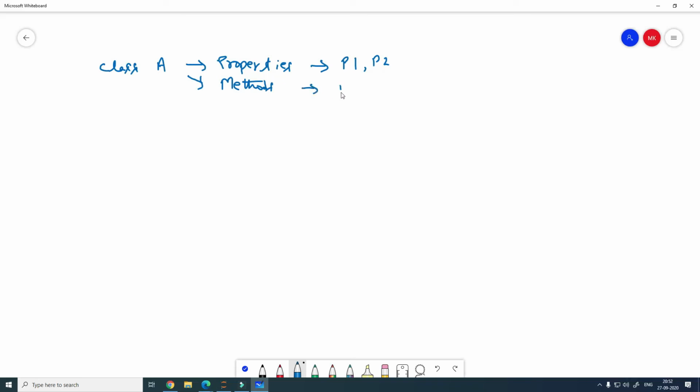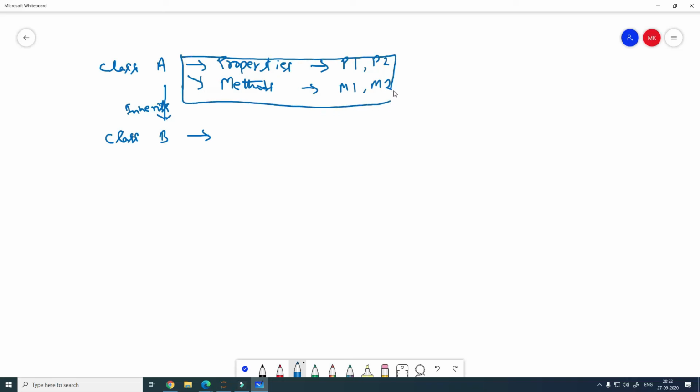Let's call them method 1 and method 2. Now you can define another class in a manner that it inherits from class A. When you define this class such that it inherits from class A, then whatever is available inside class A is by default available in class B as well. This all gets inherited,